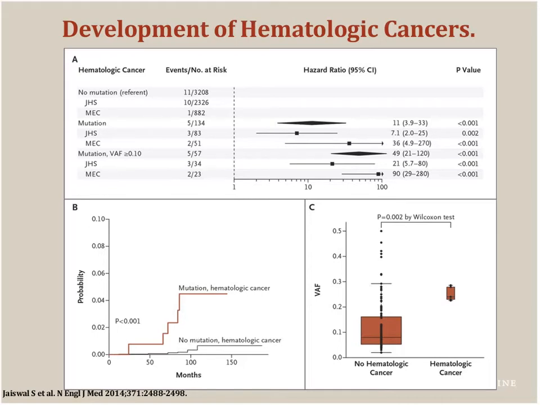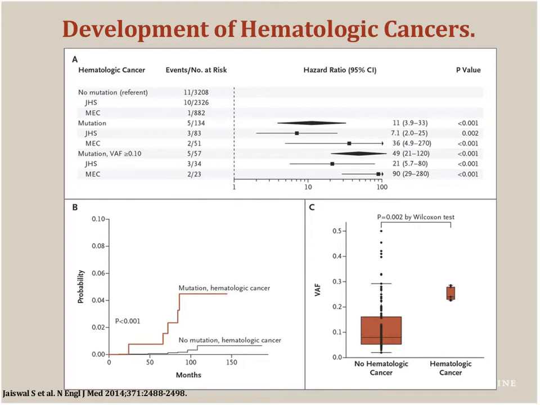When individual variant allele frequencies were looked at, meaning the frequency with which the mutation was identified in a specific individual, higher frequencies, in this instance greater than 0.1, were associated with ever-increasing risks of hematologic malignancies in both of these cohorts. And so there was greater sensitivity in patients who had higher variant allele frequencies